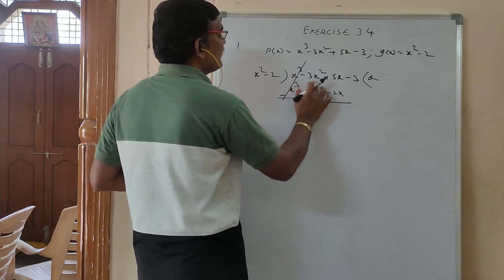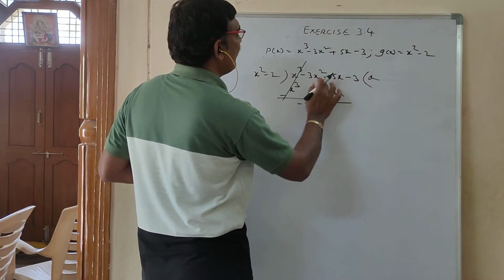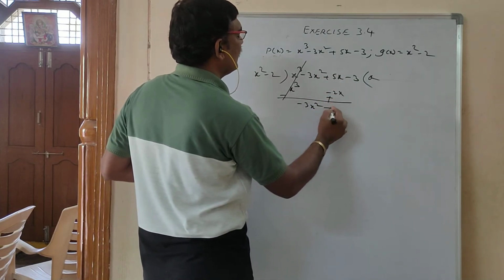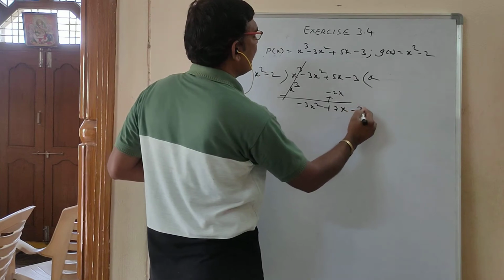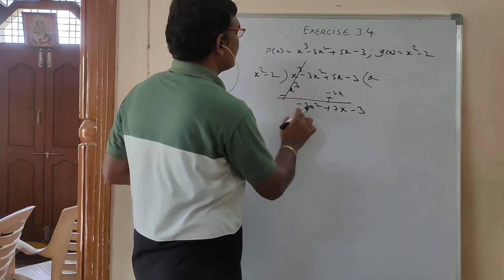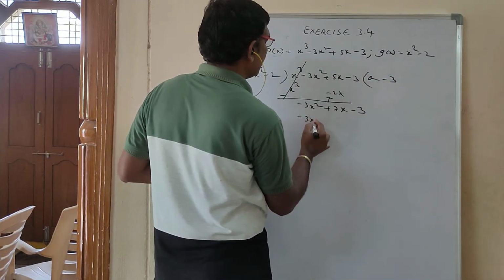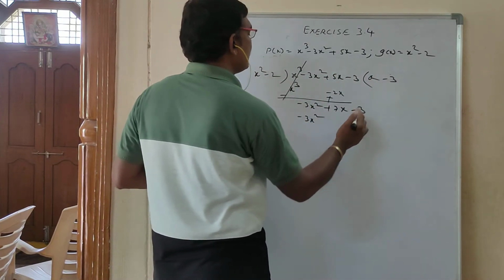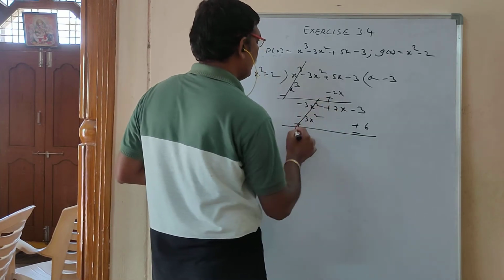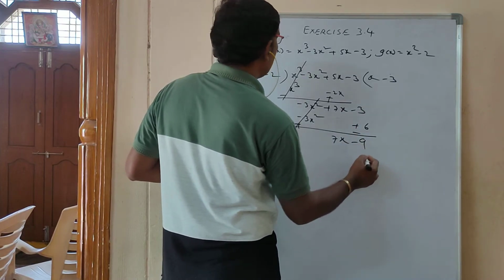Now this minus 3x square as it is you have to copy down, and this one 5x is having plus, 2x is having plus. Same symbols are there, you have to do addition, that is plus 7x, and here it is minus 3. Now what you have to do, x square is there, minus 3x square is there. So x square into how much is equal to minus 3x square means minus 3. Minus 2 into minus 3 is plus 6. Plus minus, these two will be cancelled. This 7x will be there like this only. Minus 3 minus 6 is minus 9.